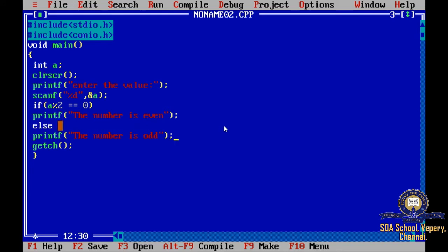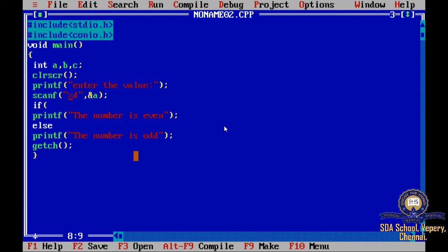Now, else if. For else if, we are going to compare which of the 3 values is greater: A, B or C. So you are going to check which one of A, B, C is greater. First you have to declare integers A, B, C, and enter the values of all 3.